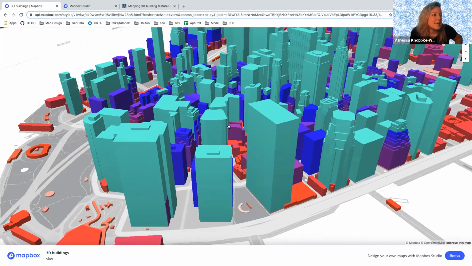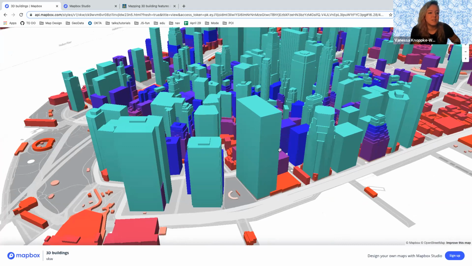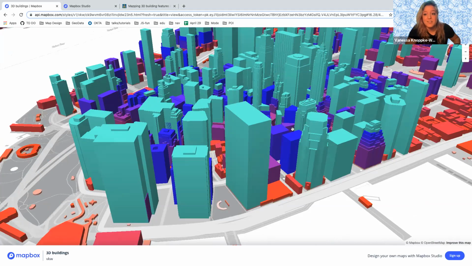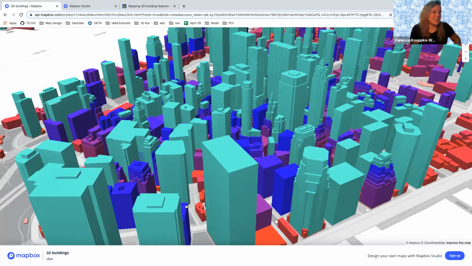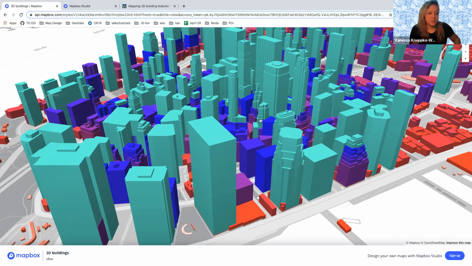So today I am going to talk to you about how to turn on 3D buildings in the latest style components. Spoiler, it's very easy. And then we're going to go through some data-driven styling and show you how to do it so that you understand how to apply it to your own data sets and any map you want to make using Mapbox Studio. This will be what it looks like in the end, and they're colored by variation and height,